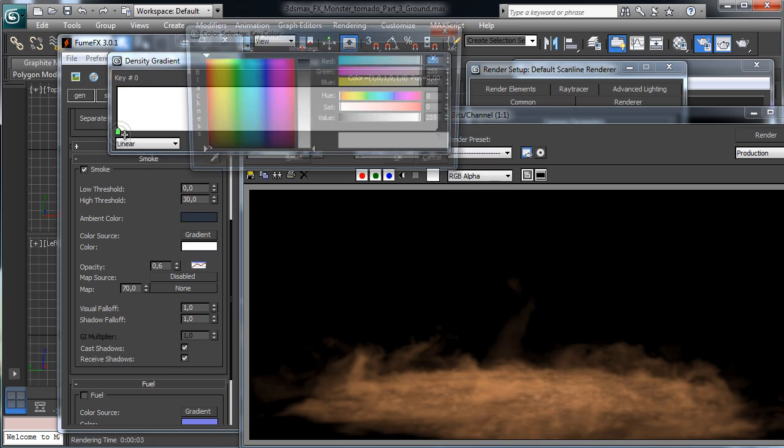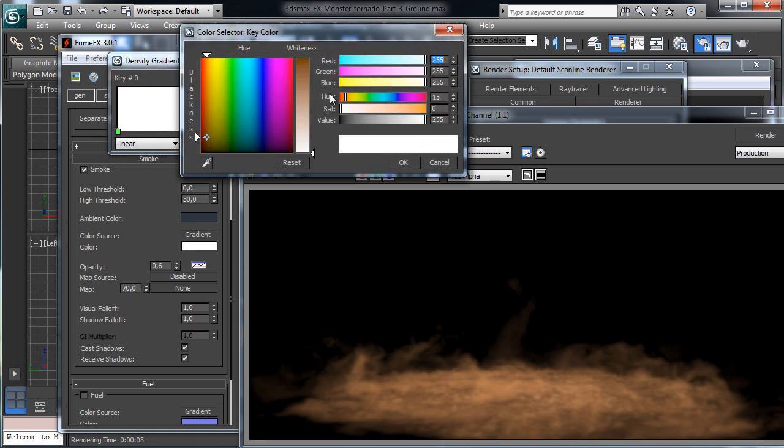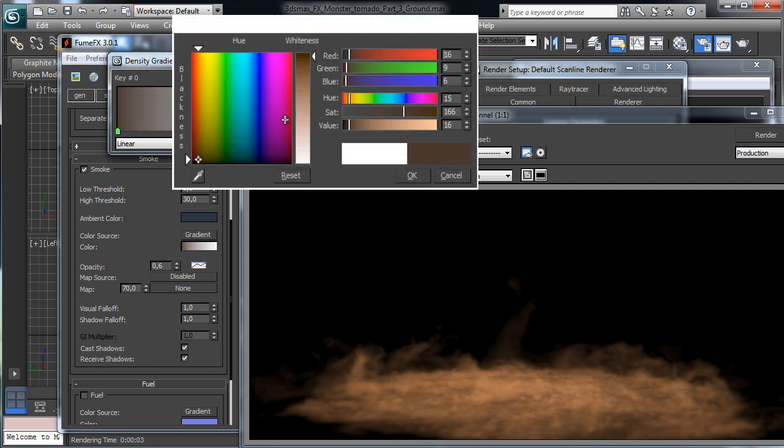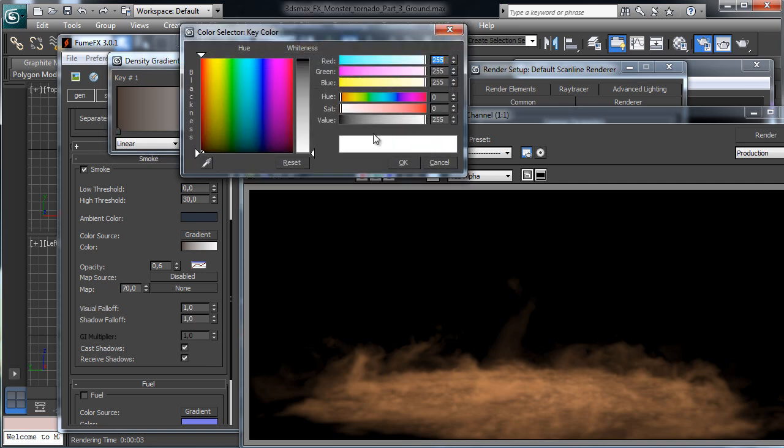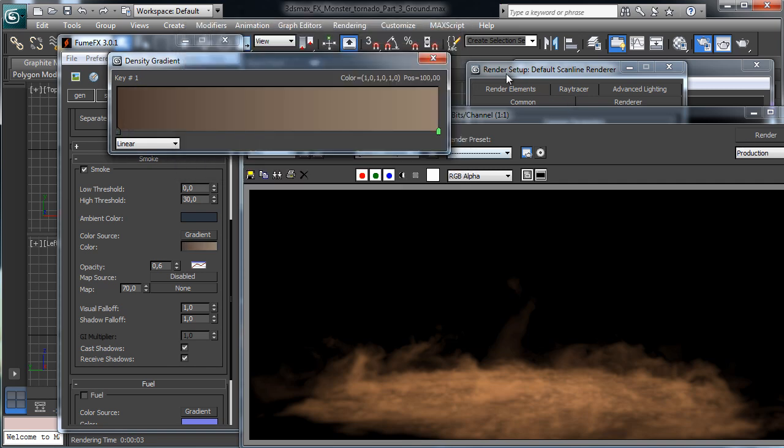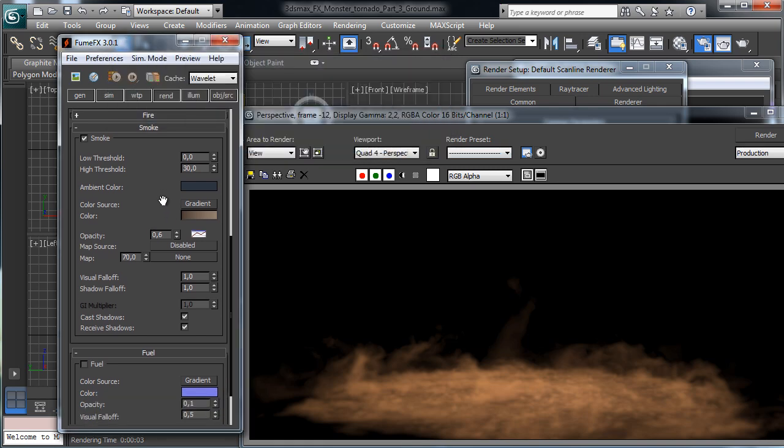Sorry, let's use the first one. That's this one darker with a little bit less color in there, and then we have a little bit less density,